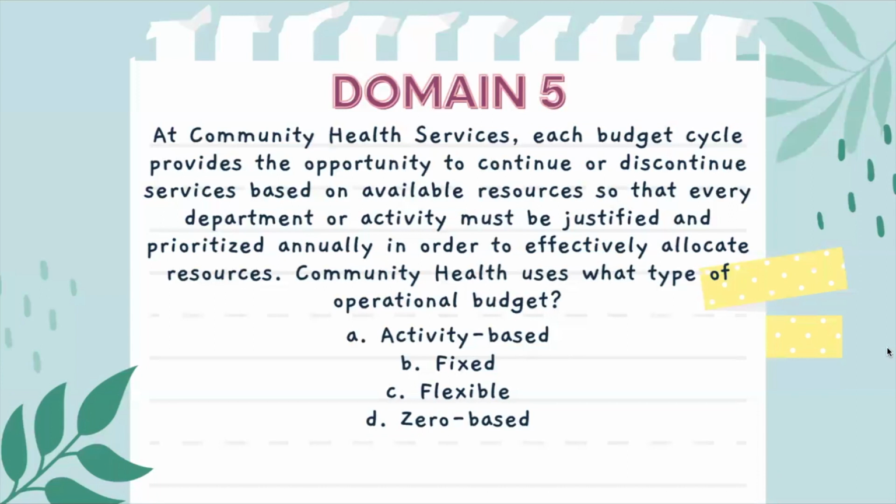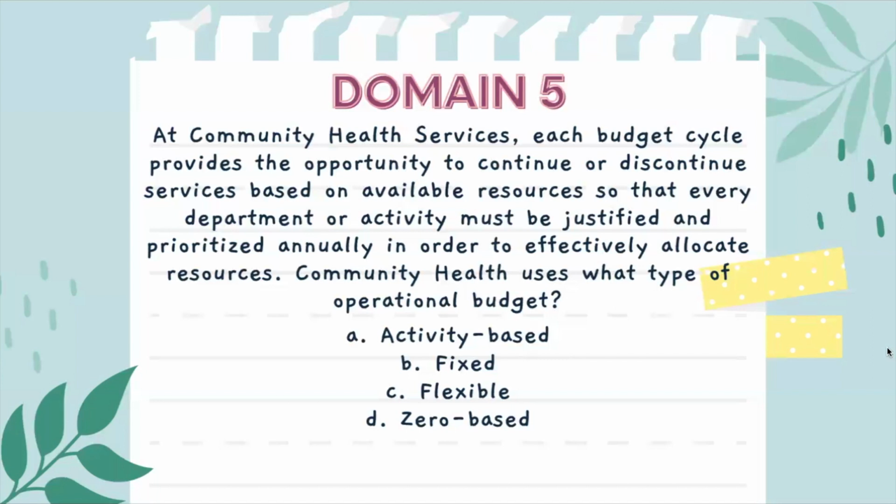You have flexible budgeting, where there's an opportunity to change the amount depending on changes that happen within an organization. And then you have zero-based budgeting, where the department or the people within the department would have to justify how much money they need